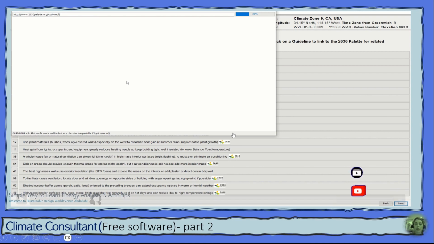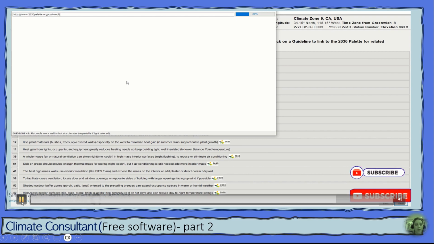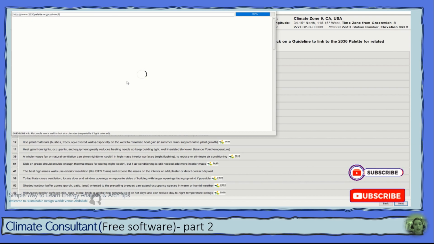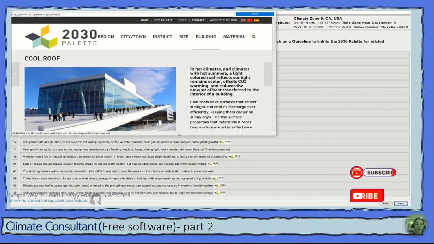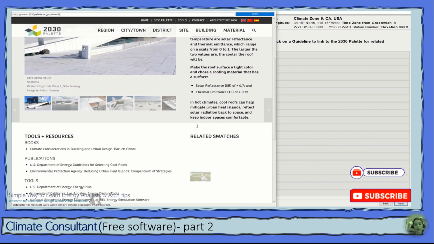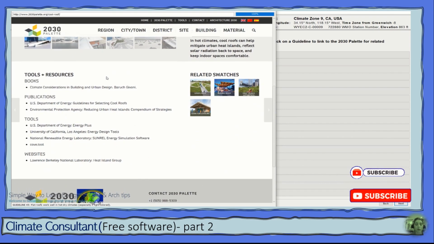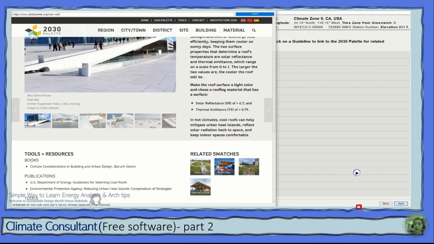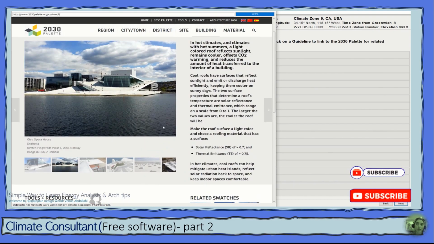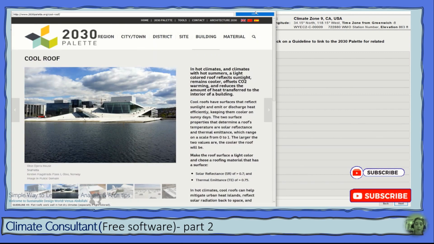So you just need to click on it and go over each case study and find what type of strategies you can apply to reach the comfort zone and have a good design